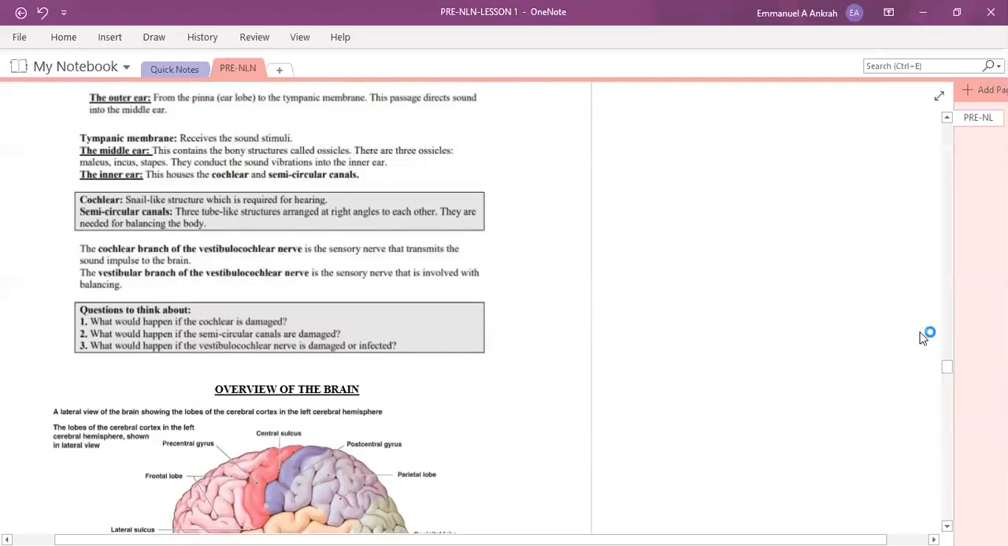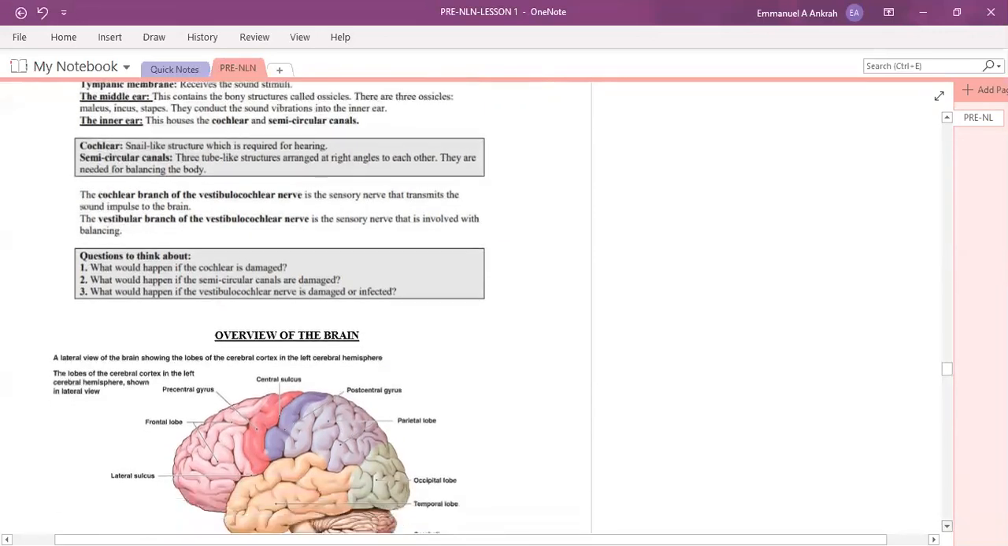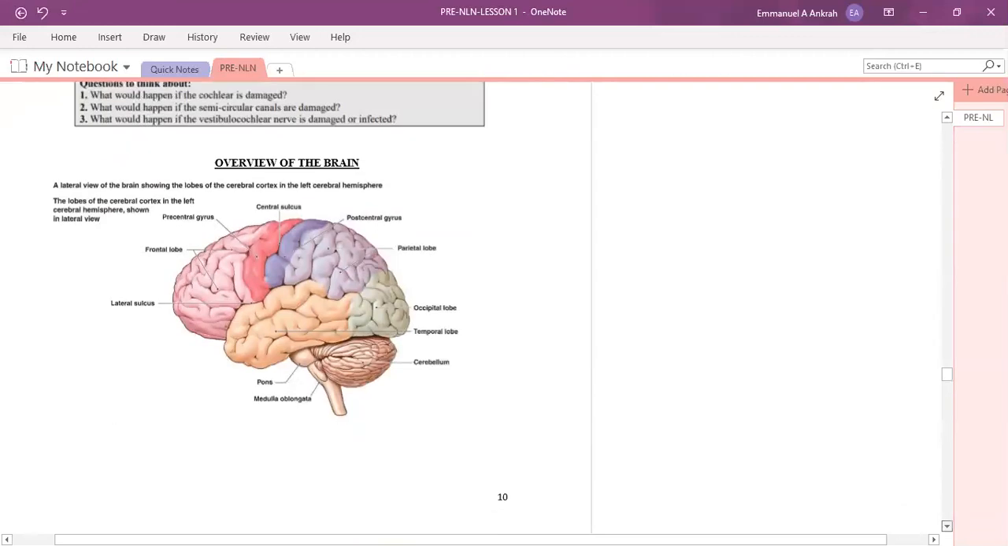What happens when the cochlea is damaged? To test you if you know the function of the cochlea. And the function is for hearing, so it can be affected. What happens when the semicircular canals are damaged? The function of semicircular canals is for balancing. So if they're damaged, then the person will not be able to balance himself or herself. Okay, application questions like that. And then the last overview that I want us to look at